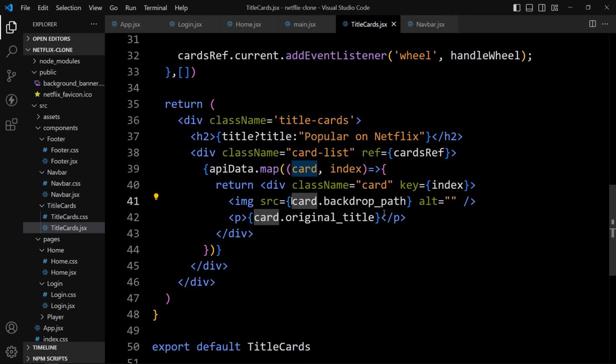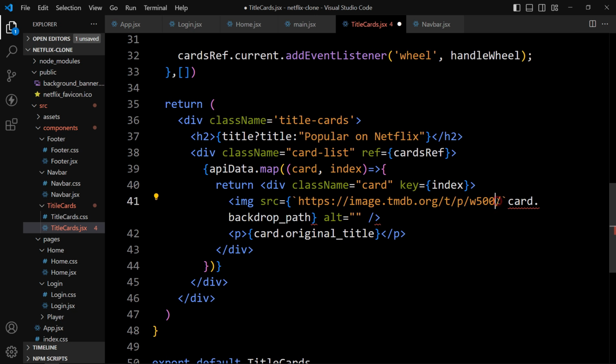So let's come back, and here in this src, we will add the backtick and paste this, remove this slash, it will be like this, and after that we will add plus. So it will concatenate this URL and this file name that we will get from card.backdrop path.